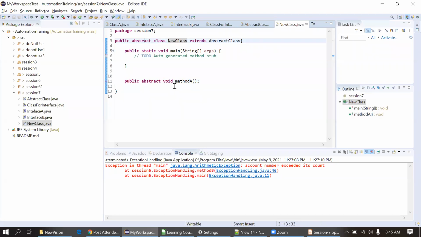Now, suppose I don't want to make this class abstract, so I will simply delete this and I will just define the method. That's it. It's simple. Now it will not show any error. Okay, so for an abstract class, there should be at least one abstract method. That's the criteria. That's why if we are not defining any method, the class will ask for the abstract keyword at the start and at that method level.